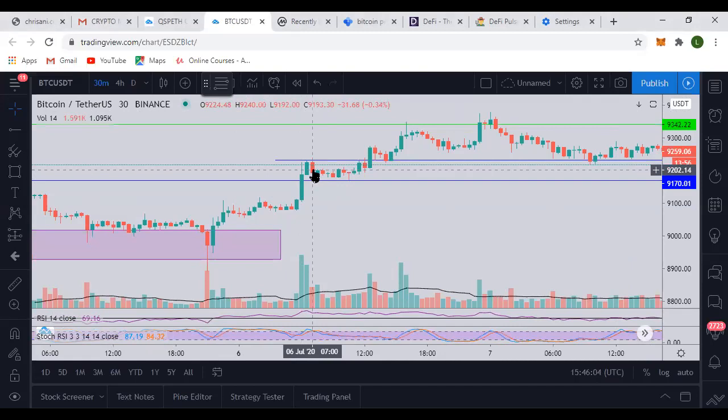That is a good sign that it's good to go long, it's good to buy now, because the price will go higher than this. We already have a tested resistance that has turned to support. So we are now sure that the price will go up from here. So you buy at this candle. Once this candle closes, you say, okay, that's closed, and you buy.